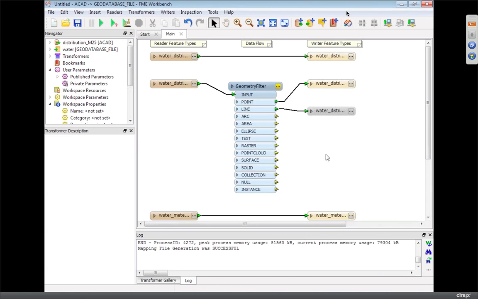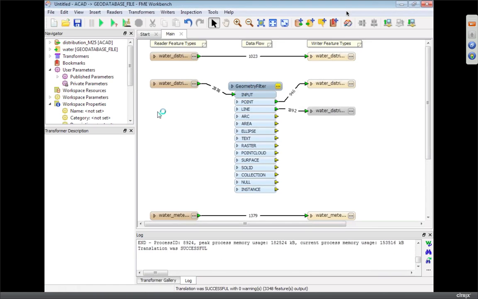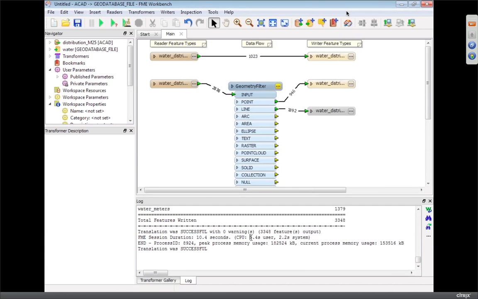And I can do that. I can disable things that are coming in and out of that translation very easily. So all I do to run that translation is hit that green play button. And anyone who's used FME will probably notice I'm using FME 2013 here. We've got the updated icons, which is the most obvious difference. So that translation ran, and I can look in this log window, and we translated 3,500 features in a